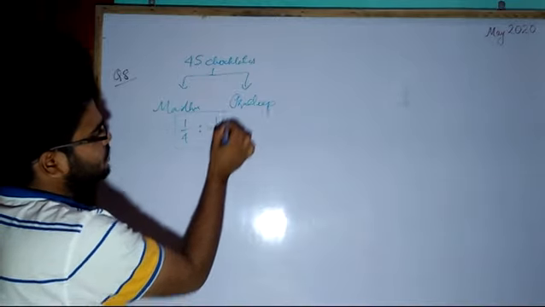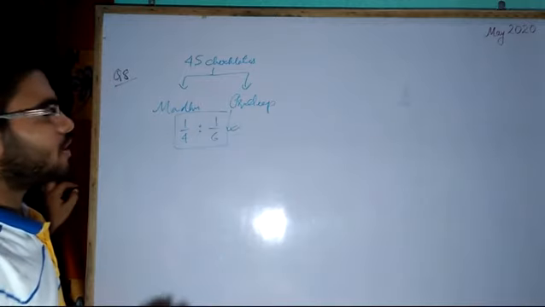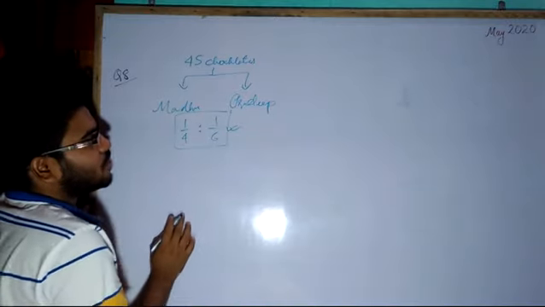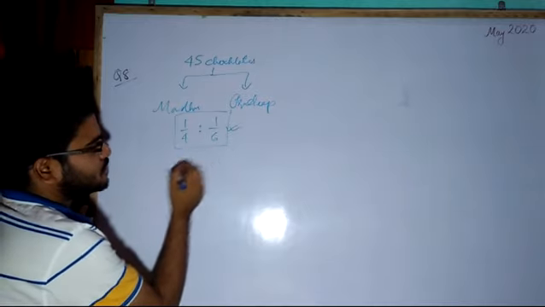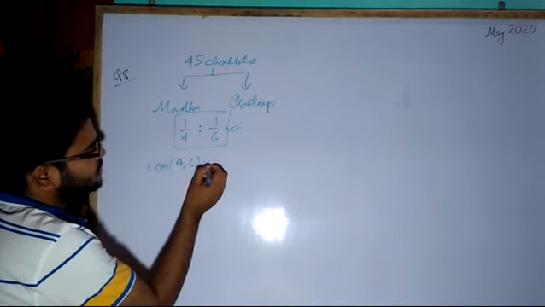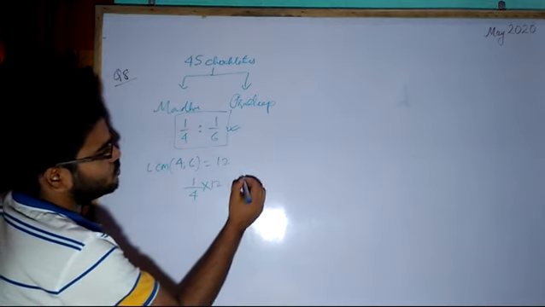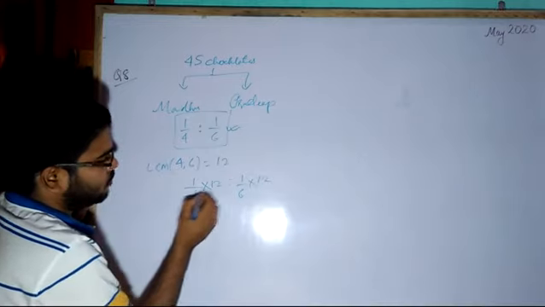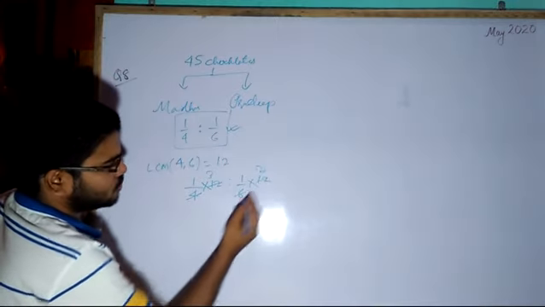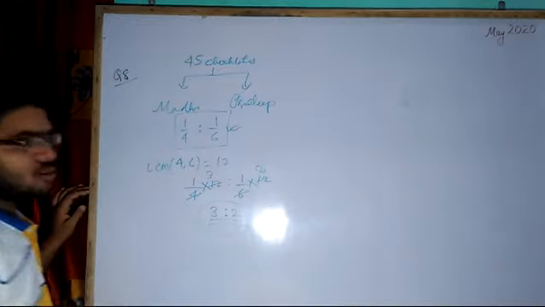Now this is in fraction form and they are in ratio. So first of all, we can convert this into simplest form. What is the procedure to make this into simplest form? We can just cross multiply this, or we can take the LCM. LCM of 4 and 6 will be equal to 12. So this can be converted as 1/4 into 12 is to 1/6 into 12. 4 3s are 12. 6 2s are 12. So ratio is 3:2. So the chocolate is to be divided in a ratio 3:2.